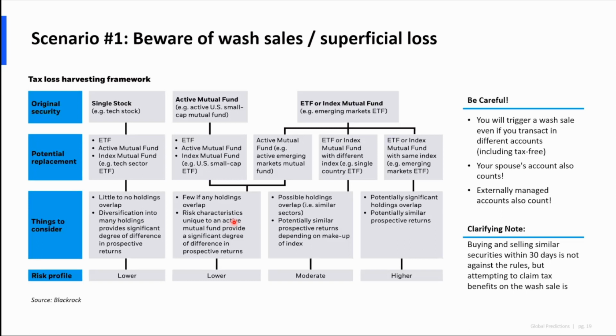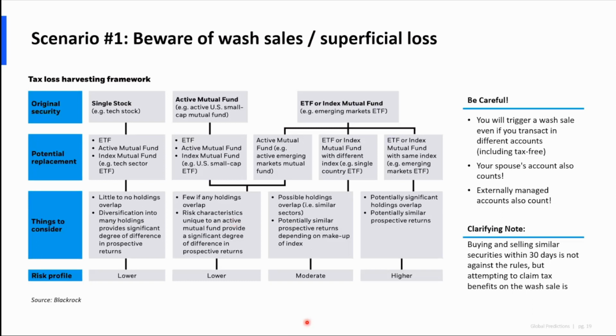Other things that are okay: if you have an active ETF or active mutual fund, selling that for a passive one, even if it's on the same index. You'll probably find other things that are not okay, like trying to get too cute with it, such as selling a single name stock and then buying an option on that same stock to basically replicate the exposure, or using some other derivative. Probably not okay. Again, this chart is linked in the blog post. I think it's helpful to think through the different options you have, but it's really important to keep in mind in terms of not actually breaking the rules.